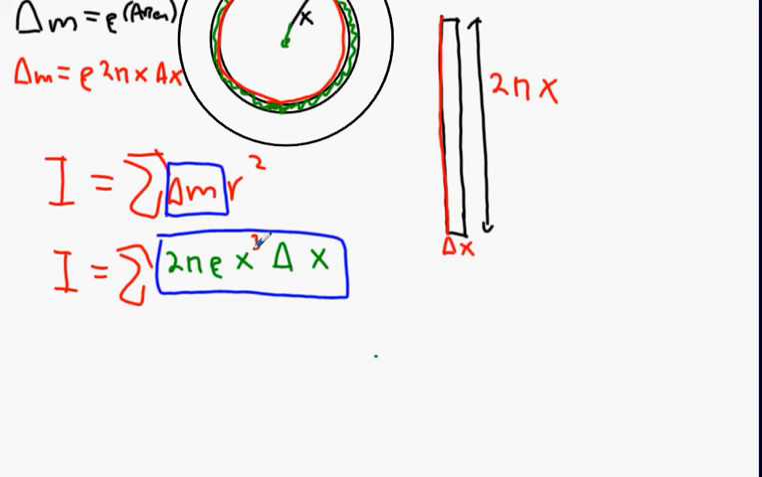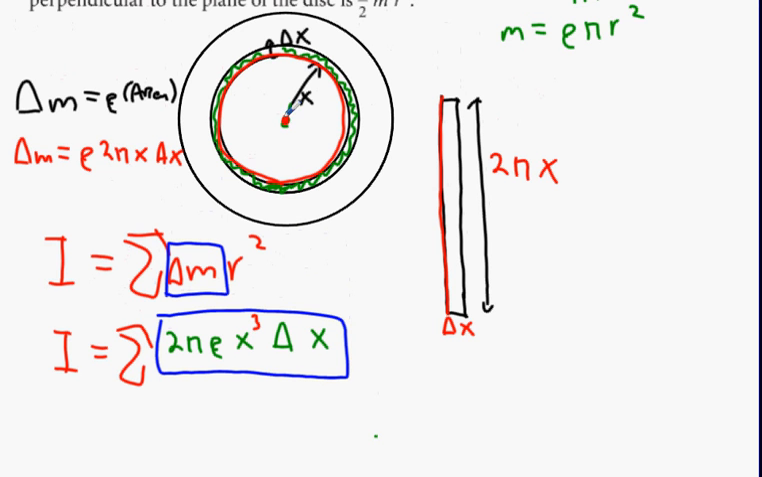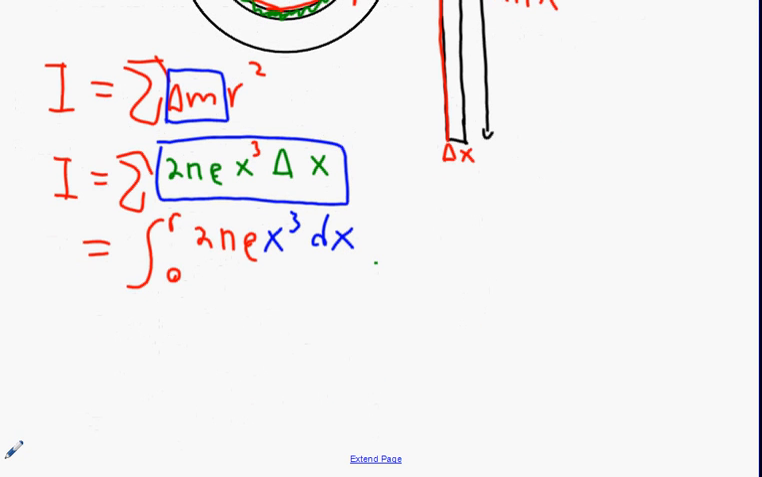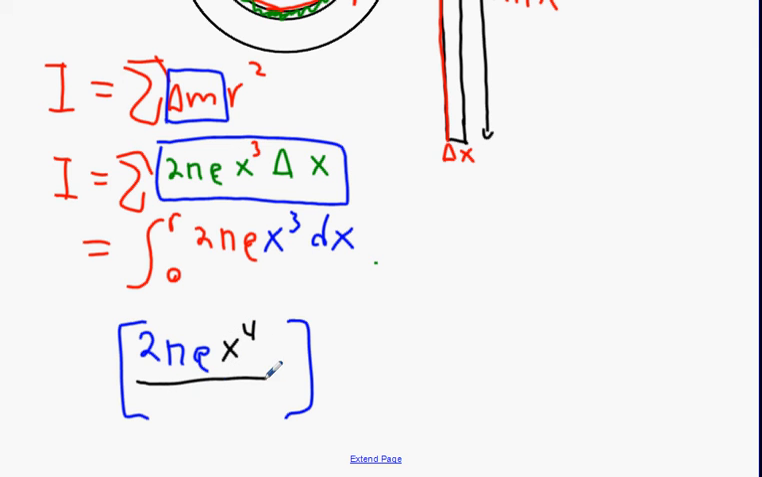Now, integrating. Can anybody tell me, with your axis of rotation working its way out, what is the upper limit? What is the lower limit? R on top, 0 on the bottom. So 2 pi rho, and the integratable part is in blue. Let's do this. 2 pi rho, and then what we have next is x to the power of 4 all over 4, from 0 to r,